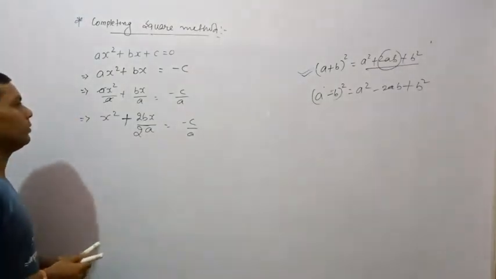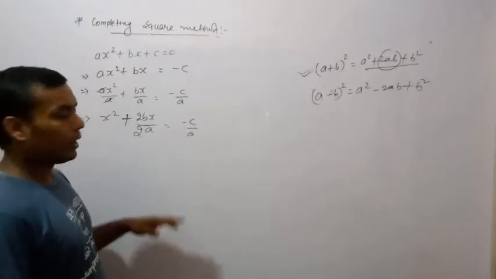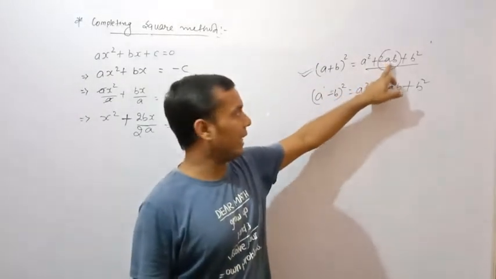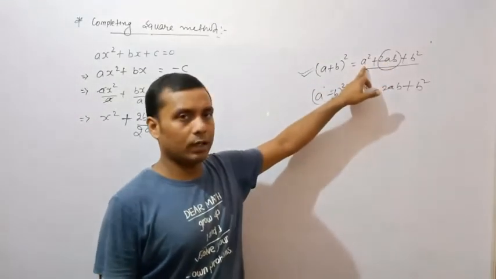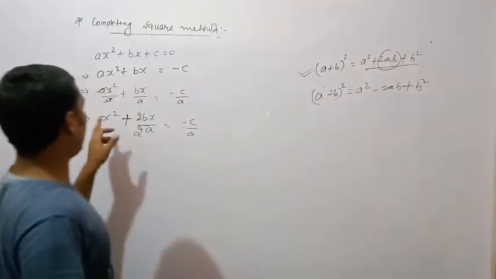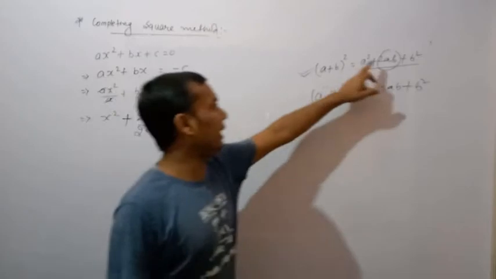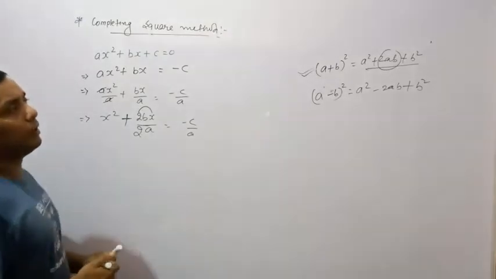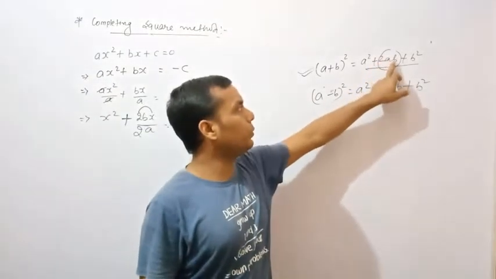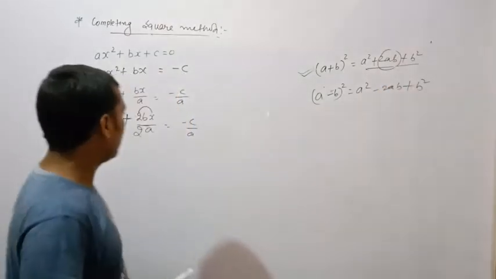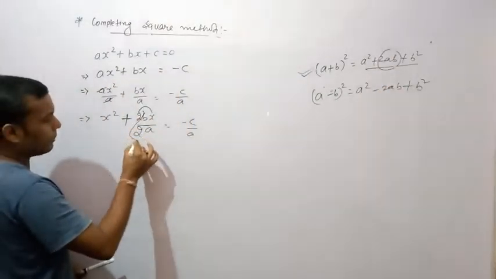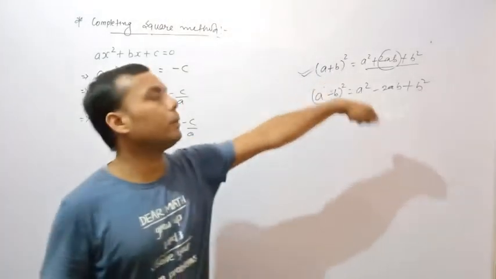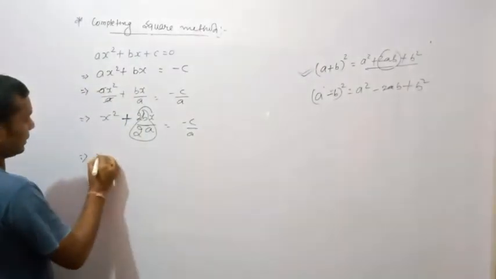Now compare again. 2A means over the term, the square of the first A. Here we have x square. The 2A means it is your 2x. Whatever term is left after 2A, that is your B. So what is the B over here? B by 2A. This term is our B. Then after that we have plus B square. That means x square plus